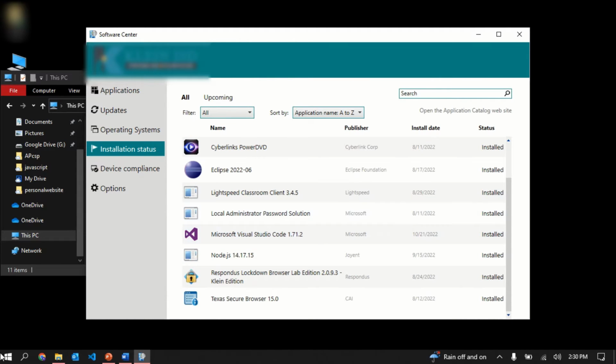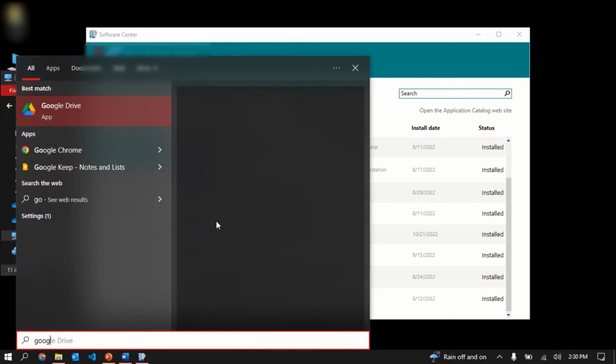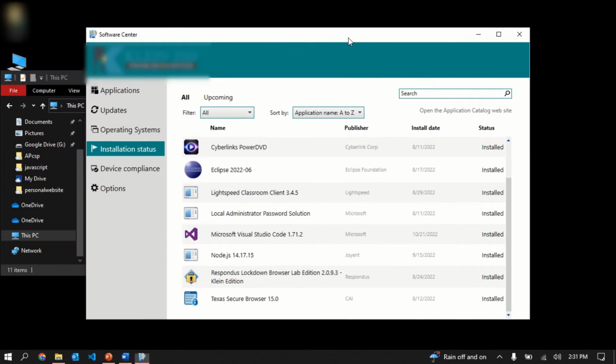You would just do the same steps, but I already have it installed, and in order to search for it, you would type in Google Drive, and Google Drive should pop up. If it doesn't pop up, I'd recommend checking the Software Center, but all you're going to do is click Google Drive, and it's going to seem like nothing's happened, but in reality, a bunch of things really happened in the background. So you might see a grayscaled icon for Google Drive down here, somewhere down here,